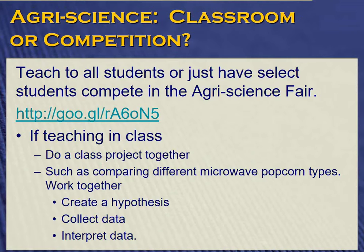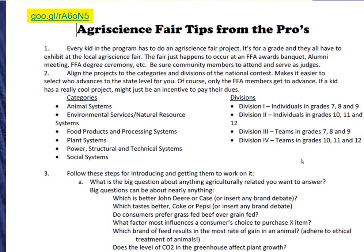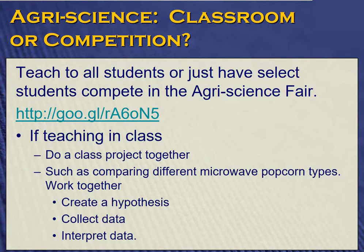But I follow the exact same process, regardless of whether I'm teaching it in class or just supporting students doing a project. So I'm going to go through my classroom model and then the agri-science fair piece. When I have my students in class do it, we actually start with a class project together,